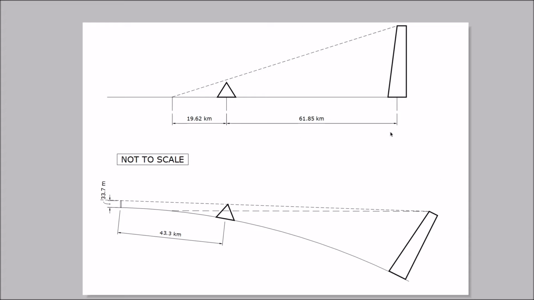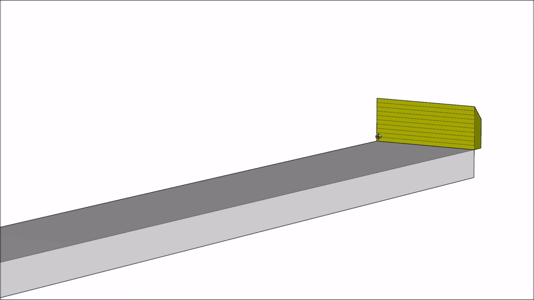The upper diagram is a flat Earth diagram based on the original observation of 5 meters. Not a part of our discussion now. But the bottom diagram is. So what I have done is I have gone into my original 3D model to see if it matches what